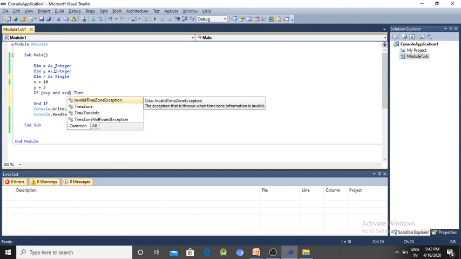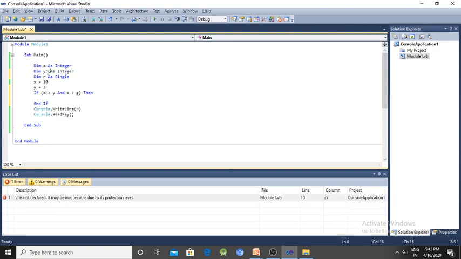Here I declare another variable z. Suppose three variables x, y and z are given, and we have to find the largest number.